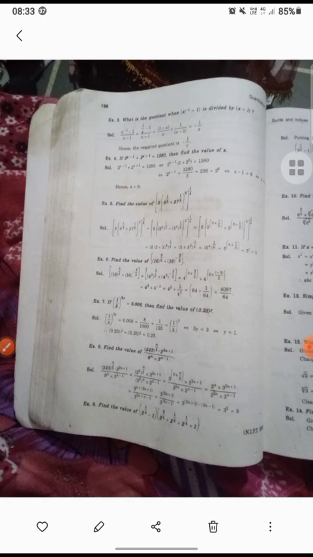16 to the power 3/2 plus 16 to the power -3/2, so 4 to the power 2 and 4 to the power 2. Okay, and when this is fully solved, 2 cancels with 2, and 4 to the power 3, 4 to the power -3 will come, and the answer will be 1/5 to the power 3. So it will be 0.008, that is 8 upon 1000, and that is 1/5 to the power 3, and that is 0.25 will be the answer. In this way you have to solve these.